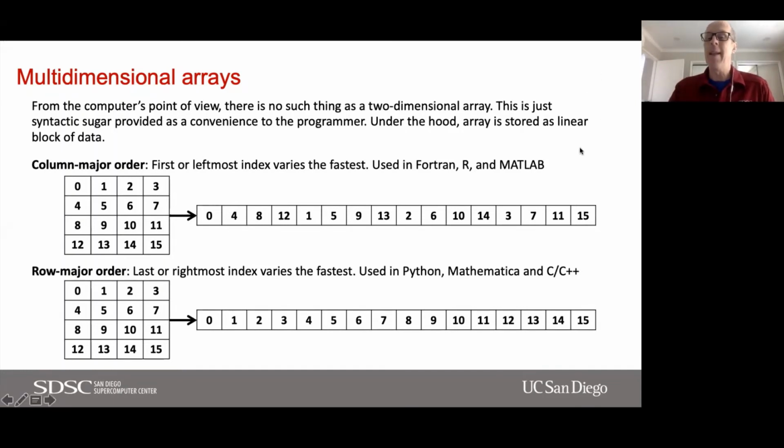It would be nice if all the programming languages used the same convention. Unfortunately, they don't, and this is really, really locked in. To me, a good analogy would be which side of the road do you drive on? Here in the US, South America, Canada, most of Europe, we all drive on the right side of the road. You go to the UK, India, Australia, and so on, they drive on the left side, and nobody's going to change. This is pretty much locked in, and you just have to be aware of this. Make sure that you're aware of the convention for the language that you're working with.